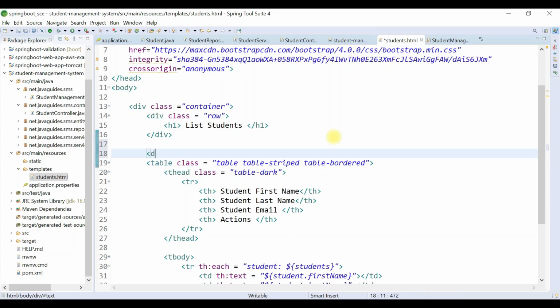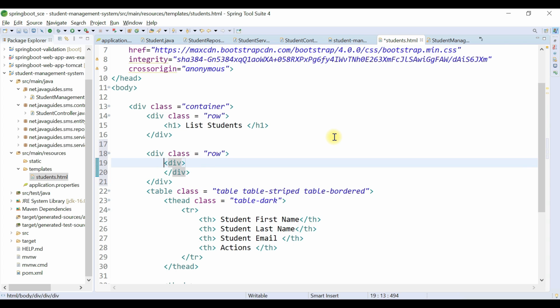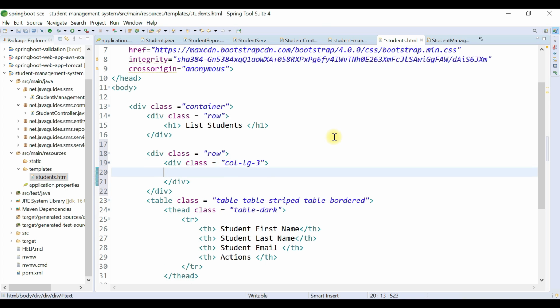So here I'm going to create one more div, and let me add a Bootstrap CSS class, that is row, and then I'm going to add one more div here, and let's say column. I'm just using the Bootstrap CSS grid system to provide a size for the page.